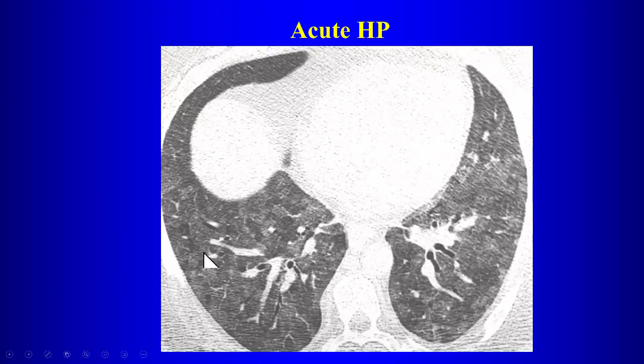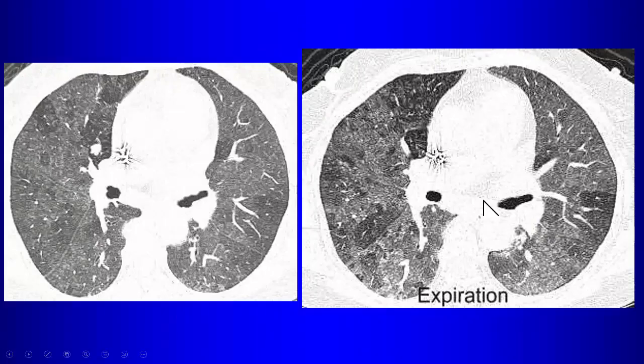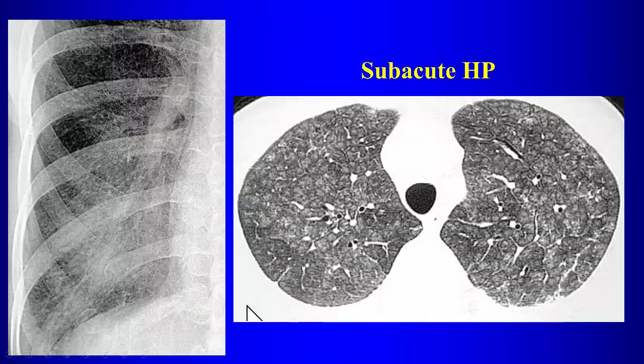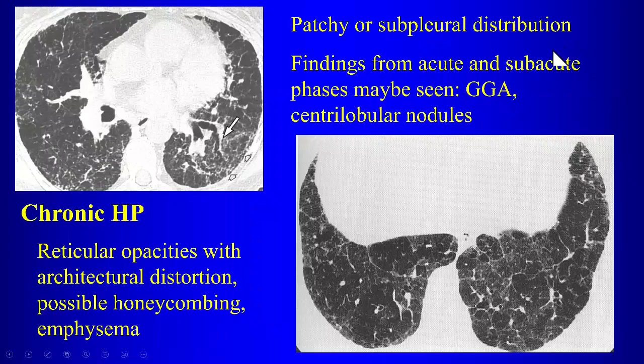So acutely, you might have areas of air trapping, mosaic attenuation with ground glass opacities with hypersensitivity pneumonitis. And if you're looking for air trapping, you want to do expiratory views because that shows you the air trapping much better than your usual inspiratory views. And it's that subacute stage where you get the central lobular nodules that is the most characteristic appearance of hypersensitivity pneumonitis. So with chronic hypersensitivity pneumonitis, you'll get fibrosis, you have reticular opacities, but what's also characteristic is air trapping,